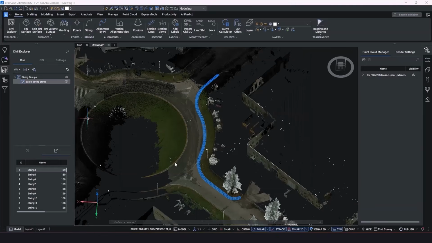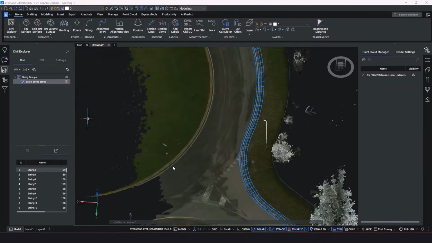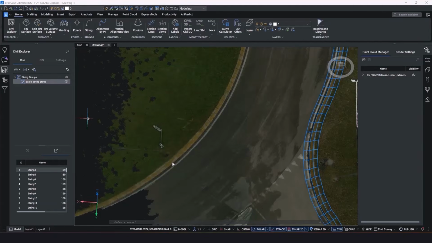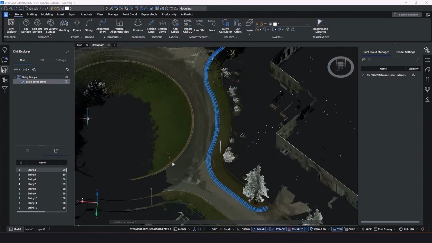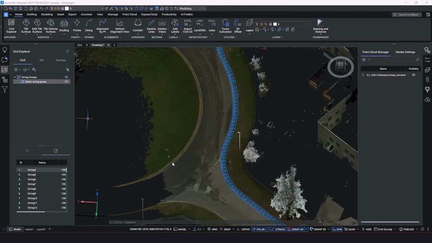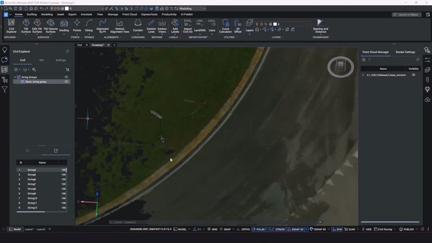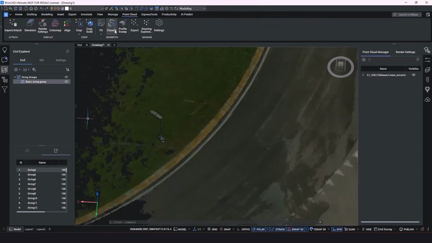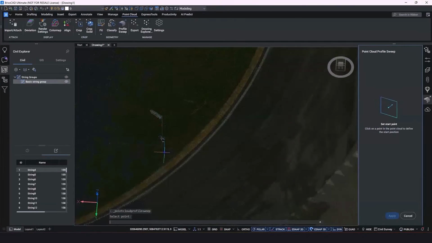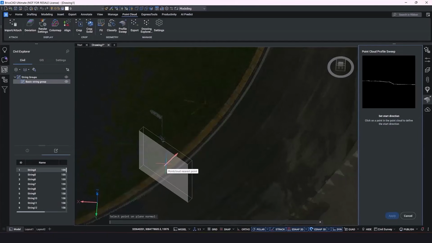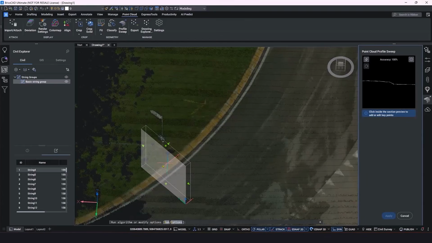Now we're going to do one last sweep on this drawing just to have a look at another type of output you could have. So on the roundabout, there's a sign. I don't know whether it's a direction sign or whether it's a light or anything, but just go somewhere near there. Again, go to point cloud and hit your profile sweep. And we're going to do the same thing. So we're going to say we want to go this way, and we're going to follow our curve that way.